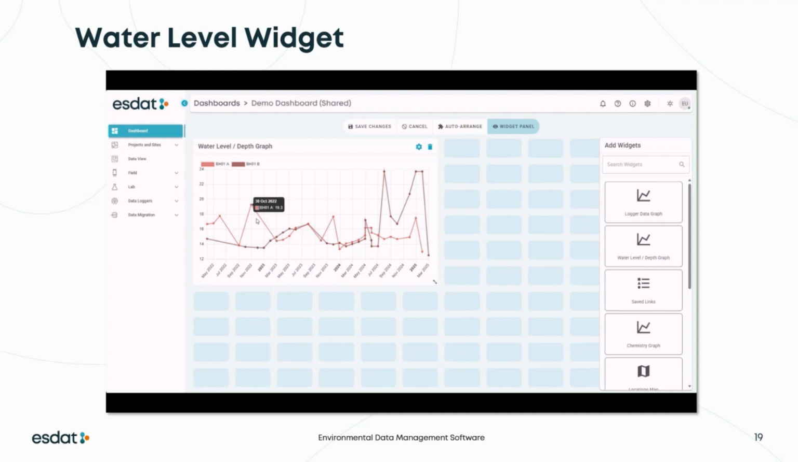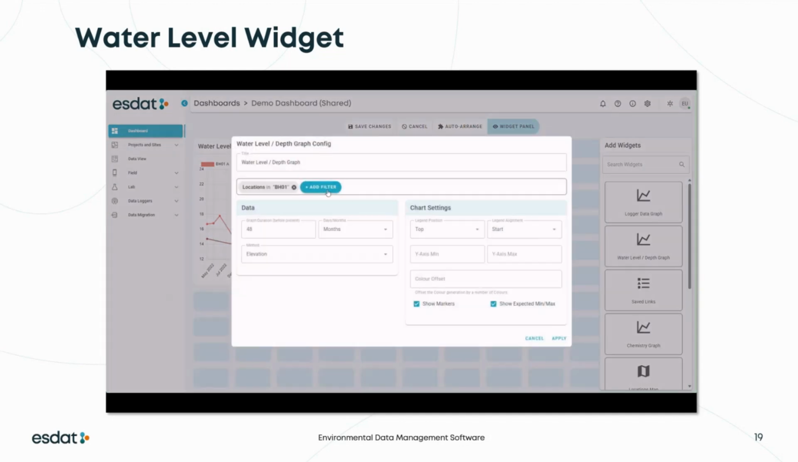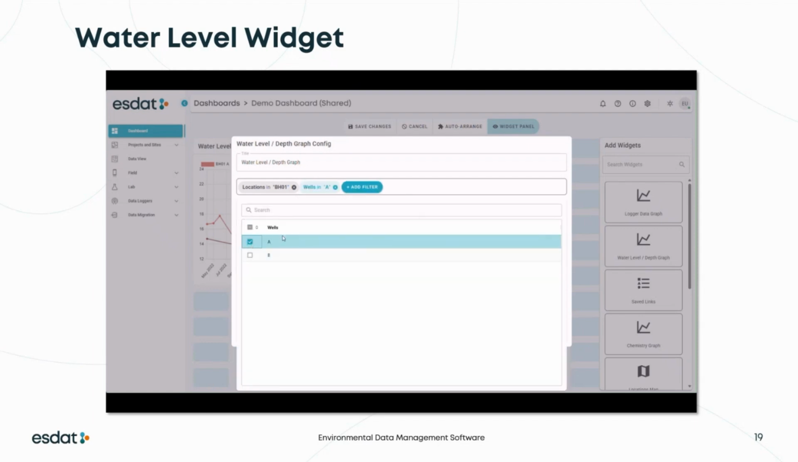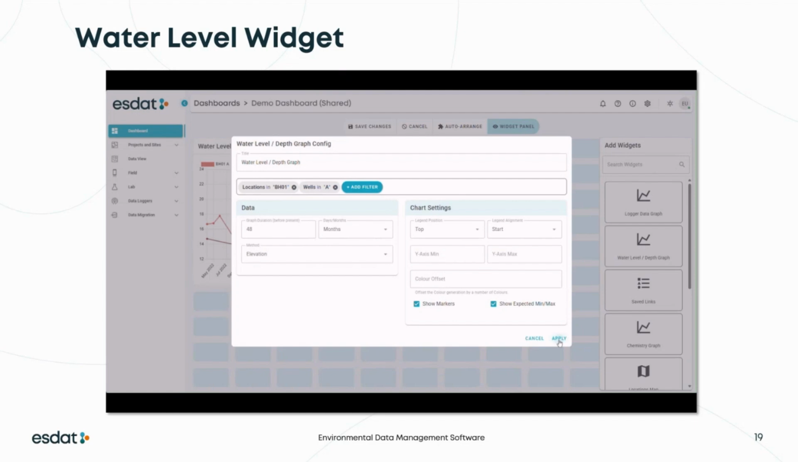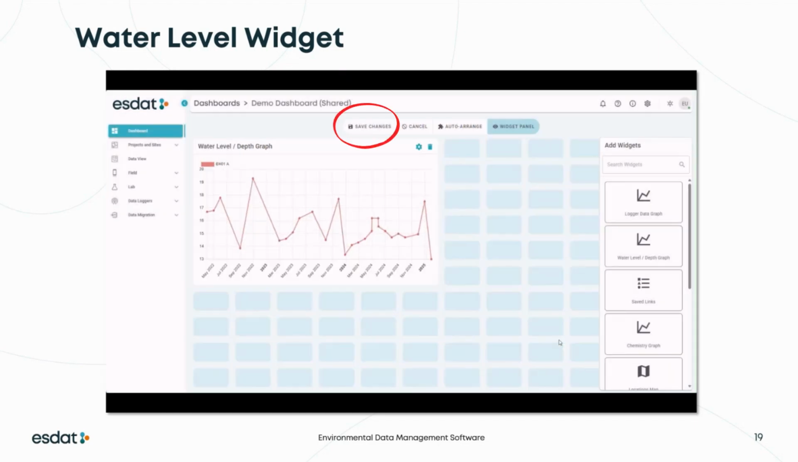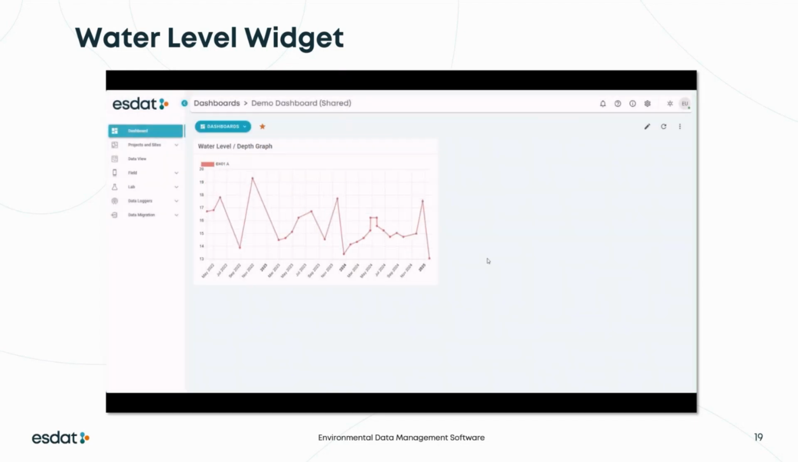So again, I've had a look. There's actually 2 wells at this location. So I'm going back into my filter. I don't want to show both of these, and scrolling down, now I'm picking that I only want to show well A. And then I hit apply, and now I'm only showing well A at borehole number 1,